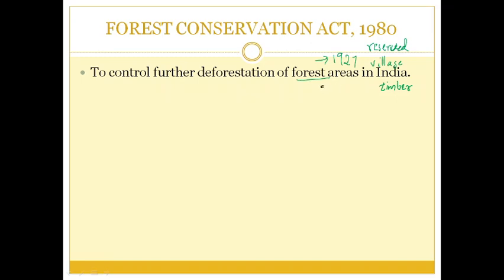We now know forest is not simply for timber production. It has other values in the environmental system. It is important in the ecosystem. So it was very important to conserve nature, conserve forest in this context, not simply to ensure timber production, but also to ensure the value it offers to the environment, the overall value it offers. So in this context, the 1980 Act, the Forest Conservation Act, was brought into action,